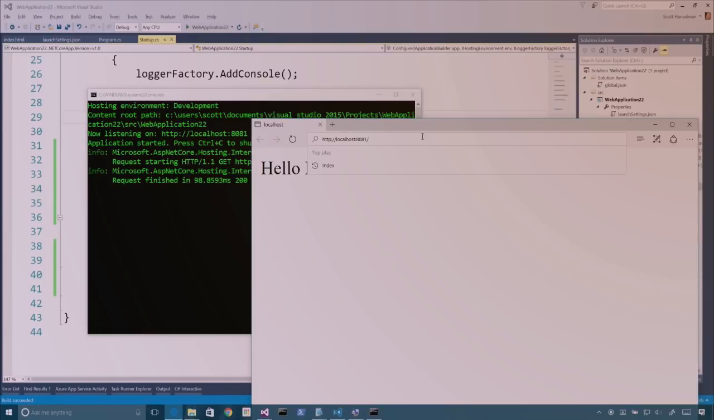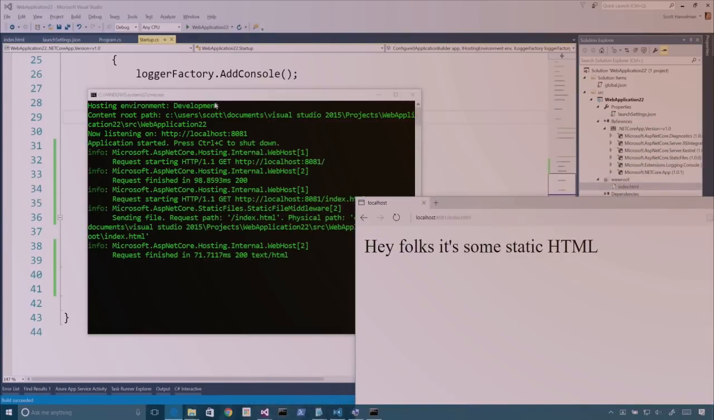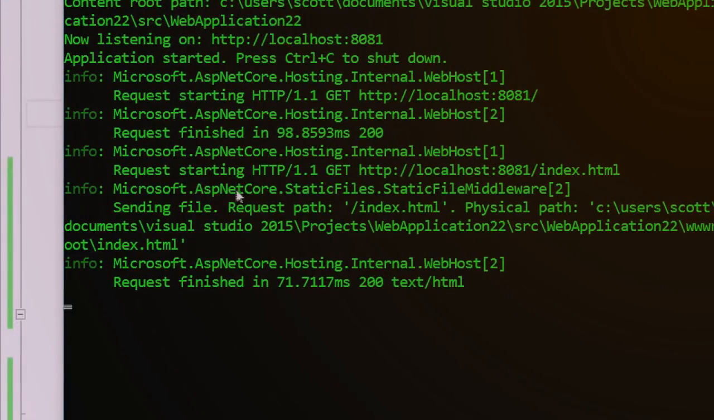And notice that it's not the default document, right? If I say index. There we go. So then it served it. Now check this out. This is really important. Here's our first request to index.html. And look at that, static files middleware, sending file. And look at this, request path